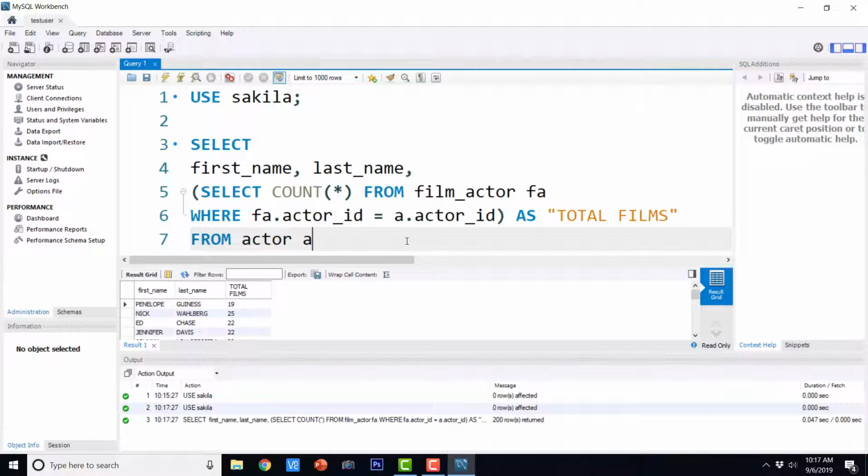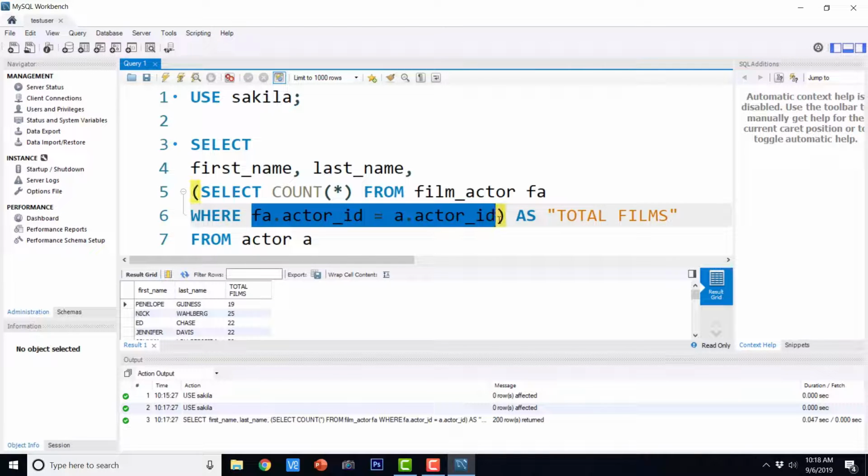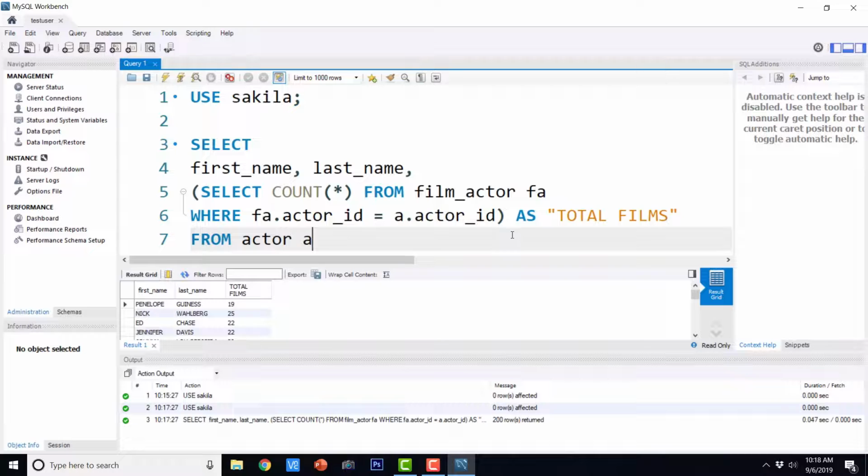So this is the format of correlated subquery. So it can be written in a lot of other ways also. Okay, that depends on your business requirement. But usually this is how the correlated subquery is written. We refer the columns from the outer query in the inner query itself. So that is what correlated subquery means. So I hope that you understood the concept of correlated subquery.